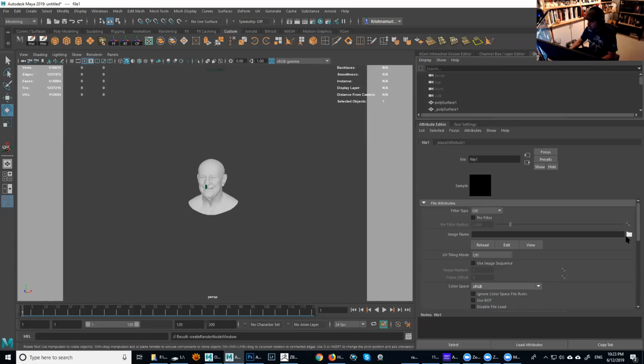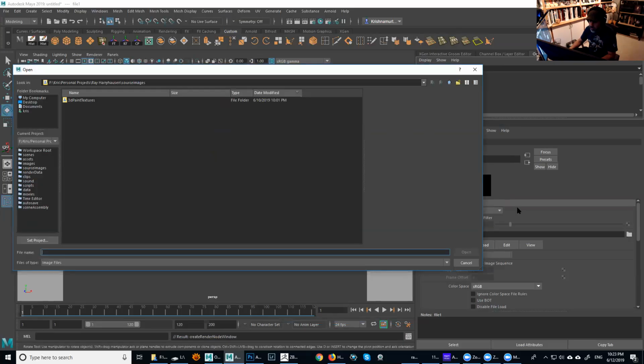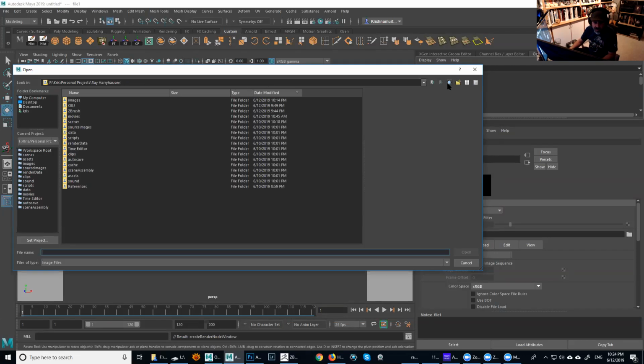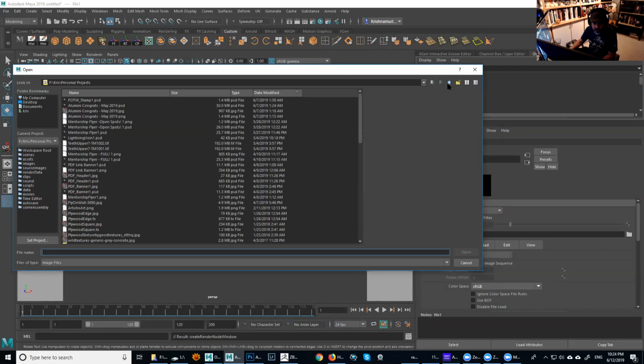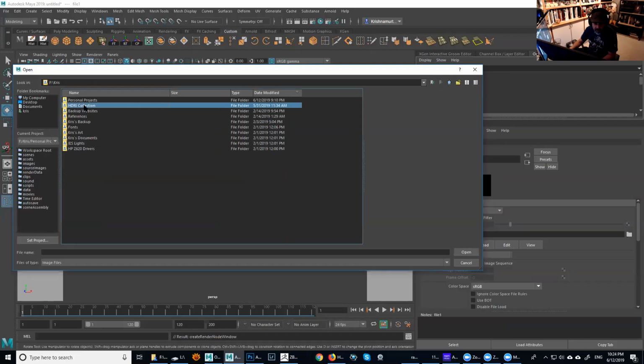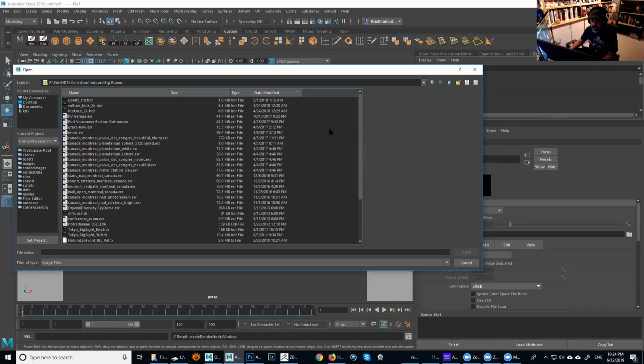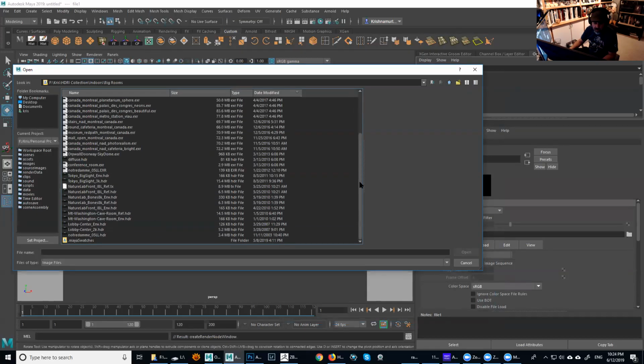So I'm going to click this little folder here, and you're going to search for one of those HDRIs that I already have saved in here. I have a little collection. So I'm going to go back here, HDRI collection, and I'm going to go to indoors. I have some big rooms and then studio lighting. So under big rooms, I have a couple of them here. And I'm going to use the Nature Lab first. That's the one I pointed you guys to, which is my favorite.